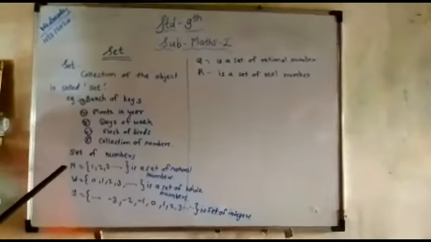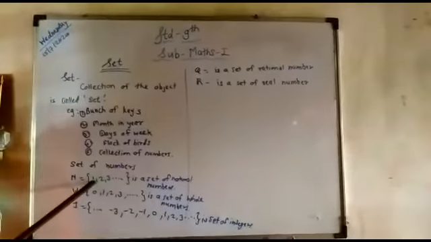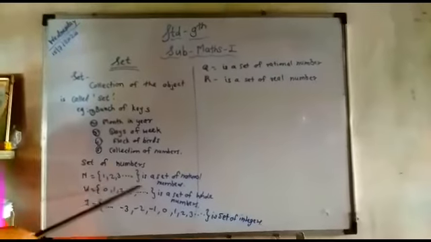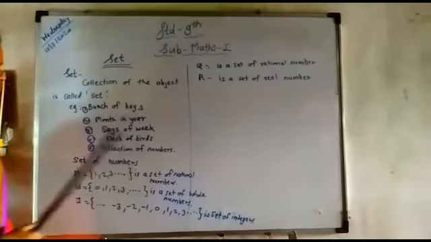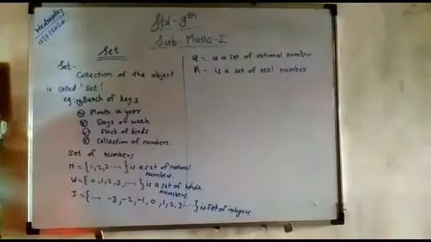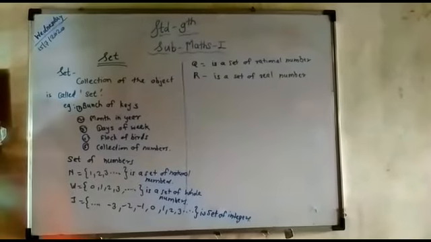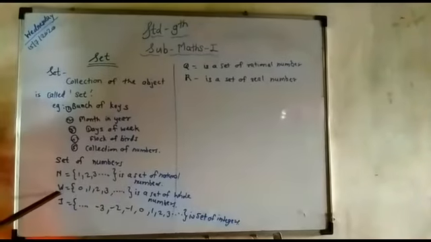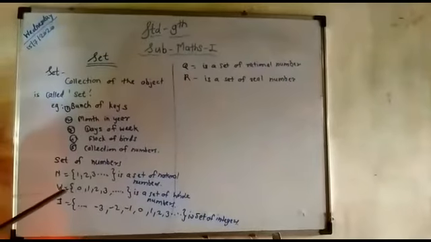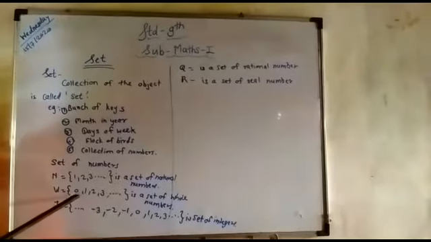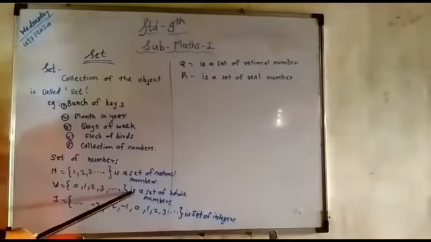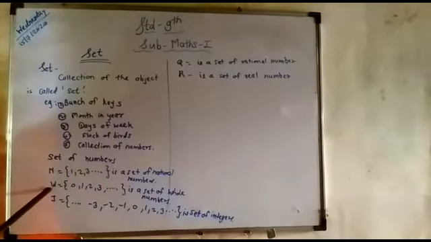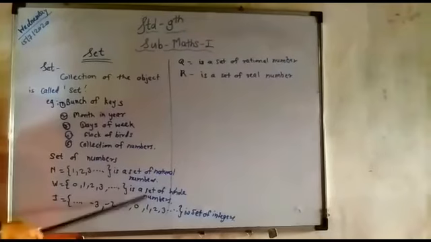First, the natural number set N is equal to 1, 2, 3, 4, and so on. These are the natural numbers, N is the set of natural numbers. In that, many numbers are present and they are not countable, therefore we write dots here. Then W is equal to 0, 1, 2, 3, and so on. W means whole numbers, and there are many numbers in the set of whole numbers. We denote the whole numbers by W.